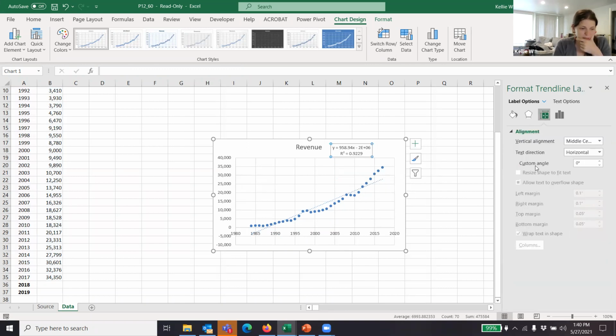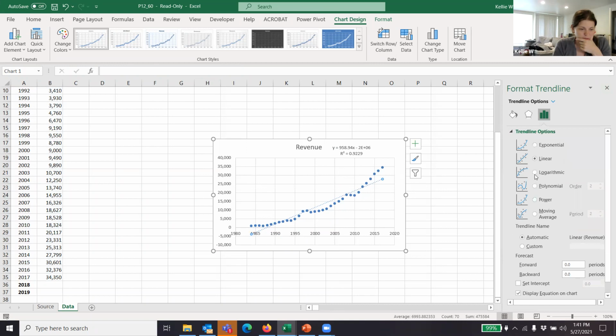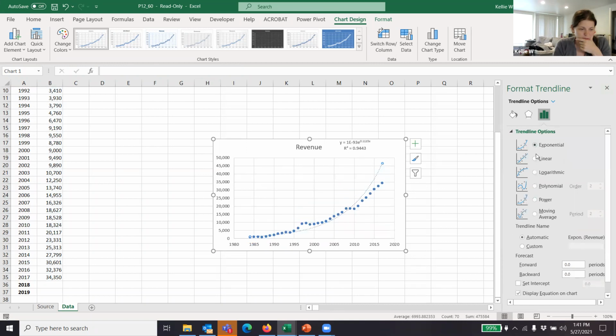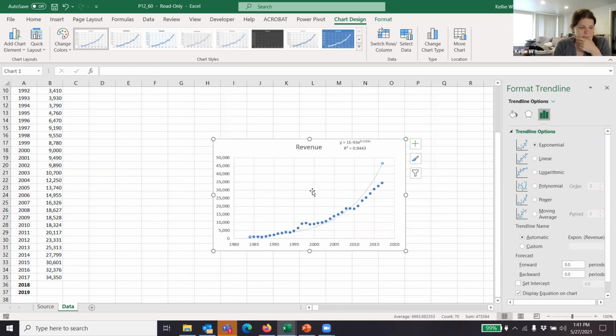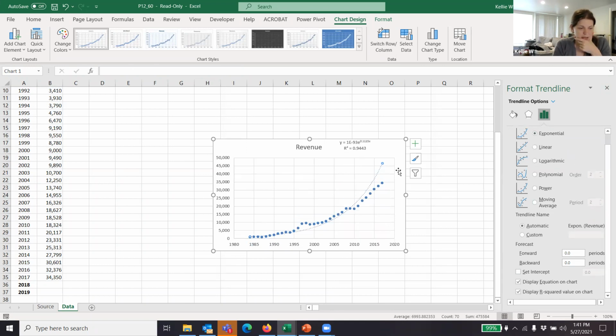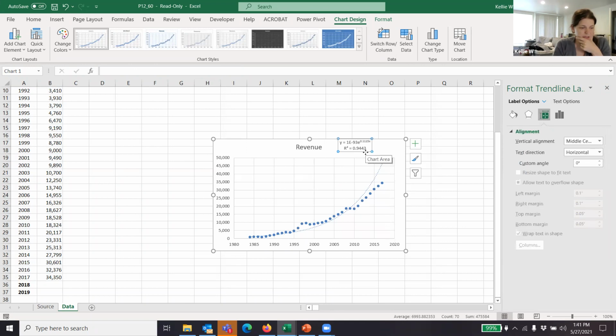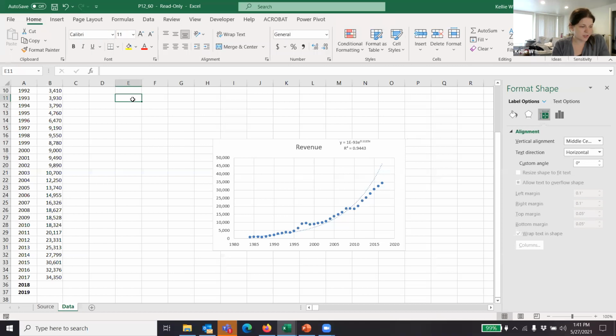You'll play around with these things here to figure out which one you want to use. And then you'll take the equation and you'll have to, whatever you do, you might have to